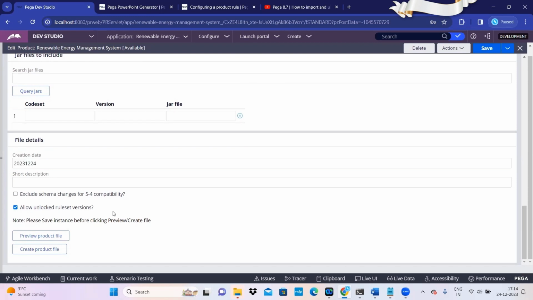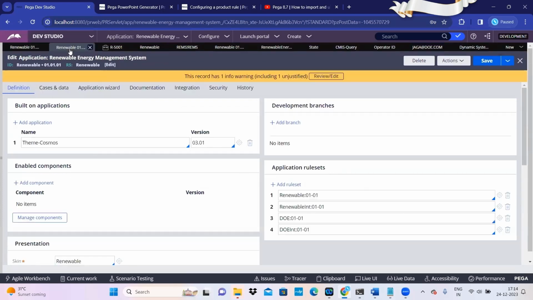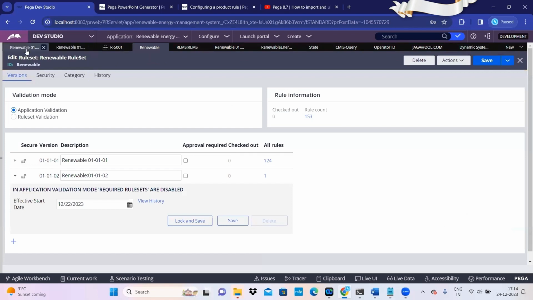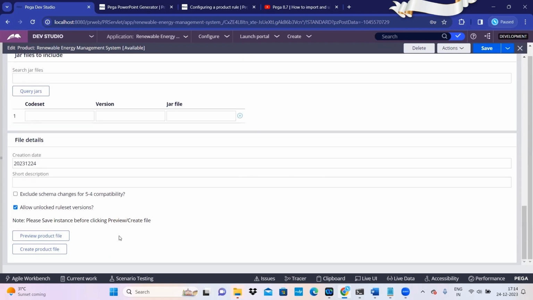Currently, I am developing the rules in a rule set version which is not locked. I didn't lock it, but this is not a good practice. You have to lock it. Just for my personal instance, I am doing the development in that environment. And you can use this button to preview the file instances which are getting packed in this particular